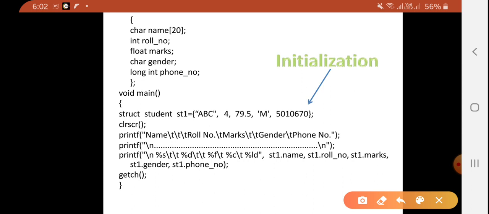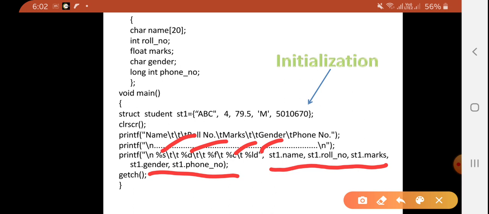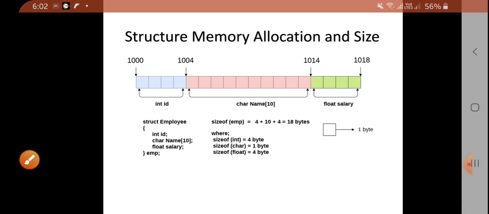Okay, so we can print those values here with the appropriate control strings. First is a character array, so %s. Second is integer, so %d. Third is float, so %f. Fourth is character, so %c, and last is long integer, so %ld. Now here we have to write st1 dot name. We have already discussed we can access the variable or the member of the structure using structure name dot variable name. Hope it is clear.